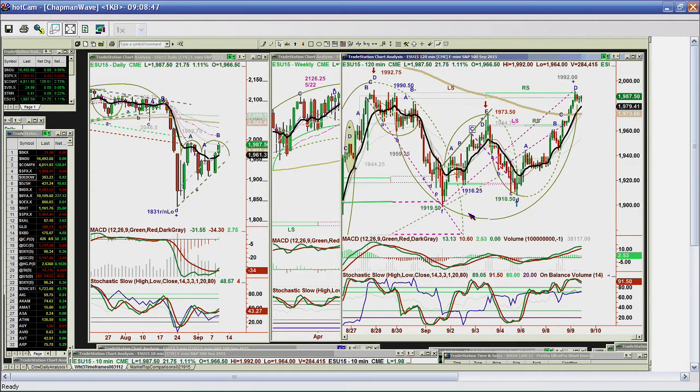And what is really important, it made a higher low. Instead of 19.50, it went to, wait a minute, that's not correct. That should have been 1898.75. I just didn't see that. 1898, big difference. Let me just call that 1898 for the moment. So it comes back and it makes a higher low bar. So now what you've got is the one triangle there. Then you've got your leg down to 1910 from the 1973 level. And now you've got a triangle that's gone back up to the 1992 area, exactly, actually around number 1992 high